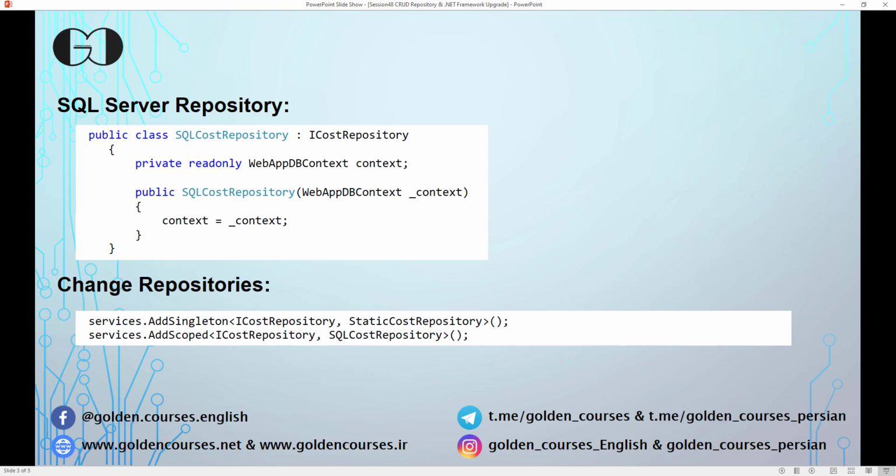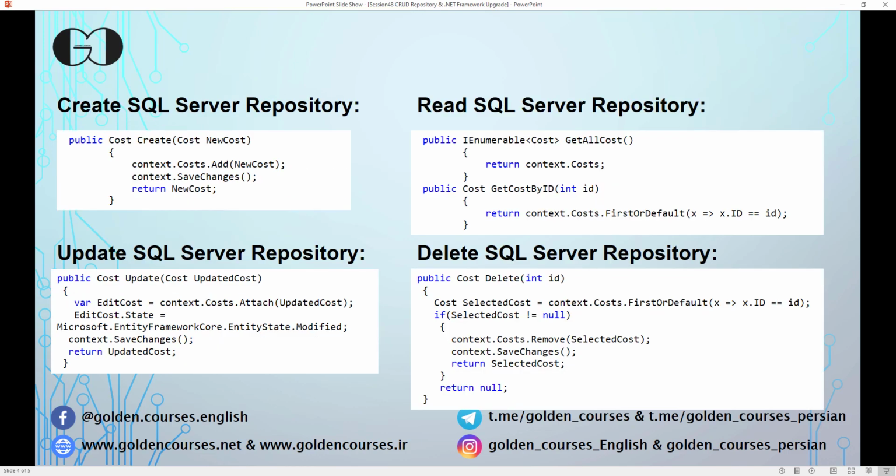Also, for switching between the repositories, we can use the startup class and the services. As you can see here, we can switch between the repositories by changing just one line of code. We already discussed this topic in the previous sessions, and in this session we will show you how you can switch between the repositories. And these are the codes related to the SQL Server repository. Let's flip to Visual Studio and implement the SQL Server repository,